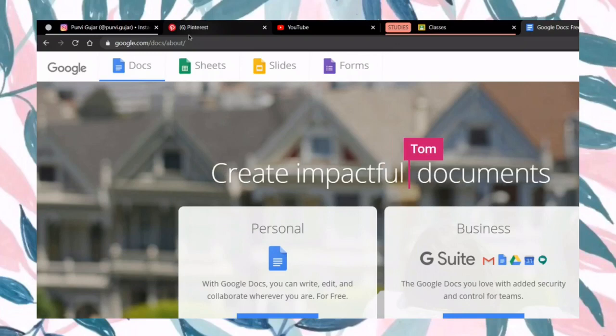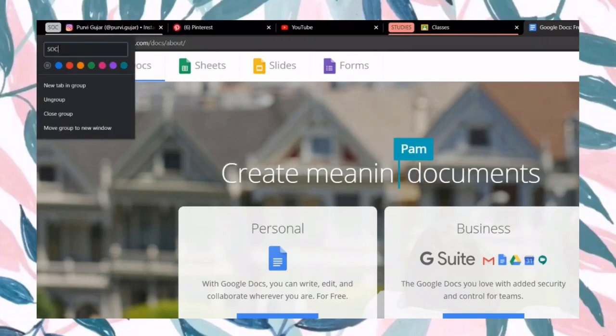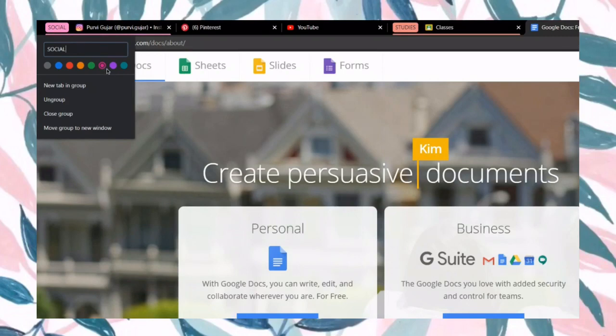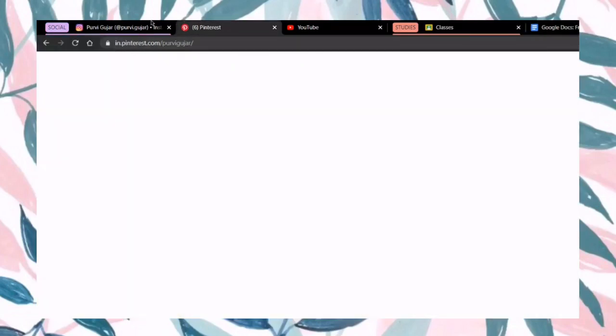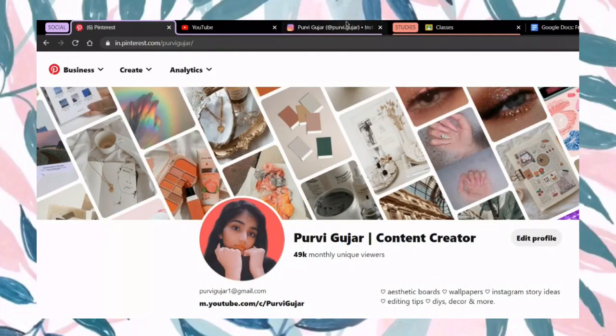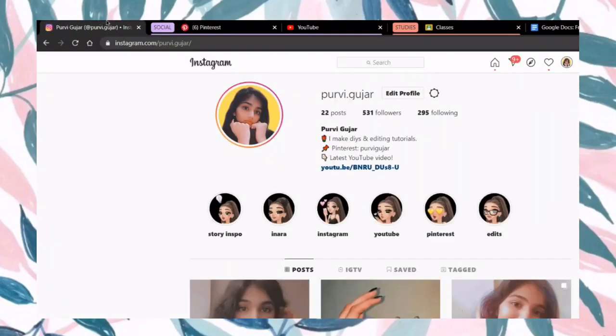You can add other tabs to a group by the same method or by simply dragging the tabs as shown. The tabs in that group will be underlined with the color you chose. Tab groups help in organizing tabs by topic, urgency, progress, etc. Tab groups are customizable, so you can decide how to use them, and just like regular tabs, your groups are saved when you close and reopen Chrome.